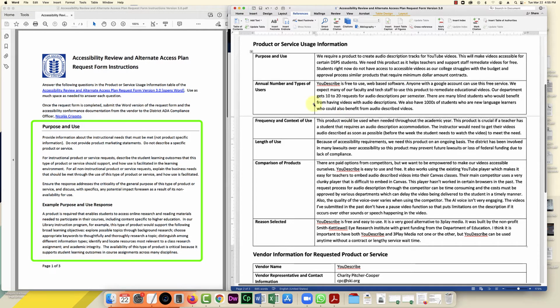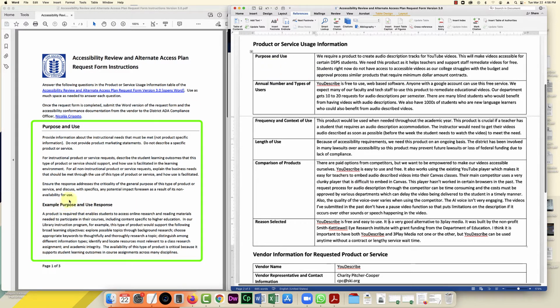So you'll see for a product like UDescribe, which provides accessibility for students that require accommodation, one of those impacts for non-use could be a lawsuit if we don't comply with the accessibility laws and policies, or even a loss of federal funds. So those are things you're going to put in that section here, purpose and use.